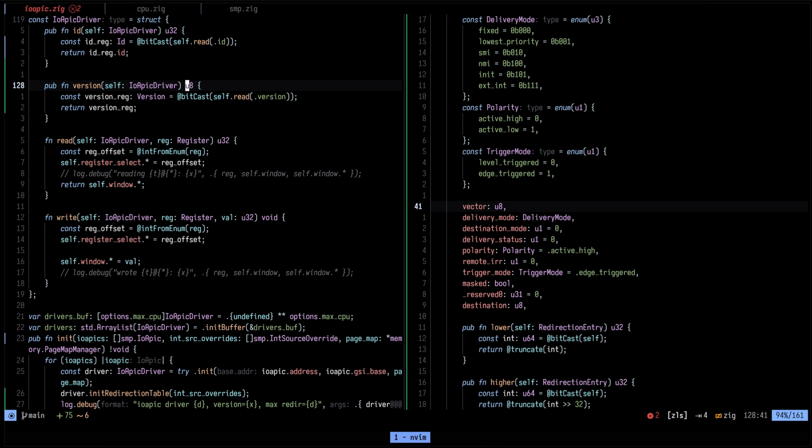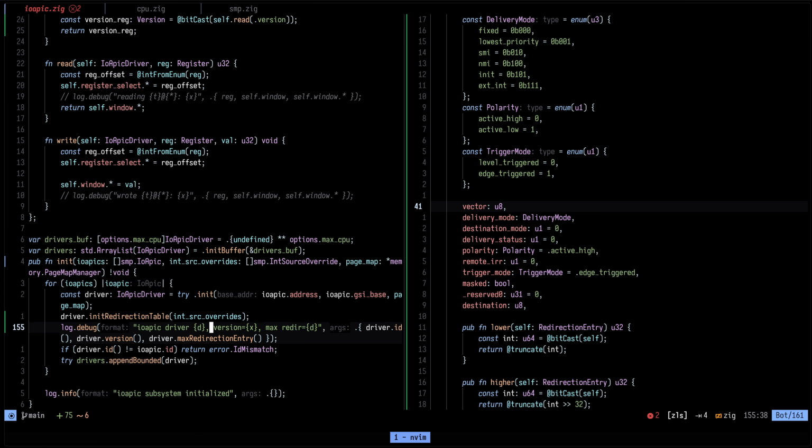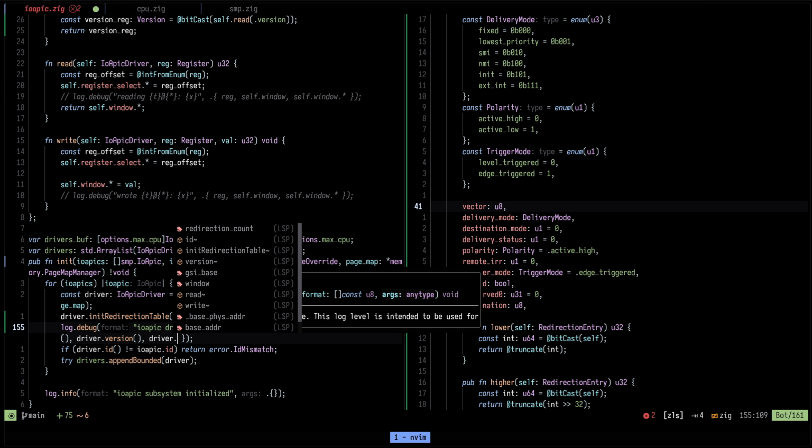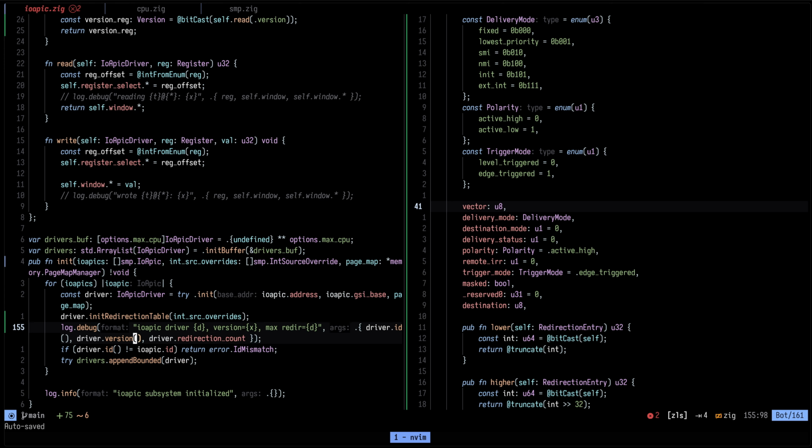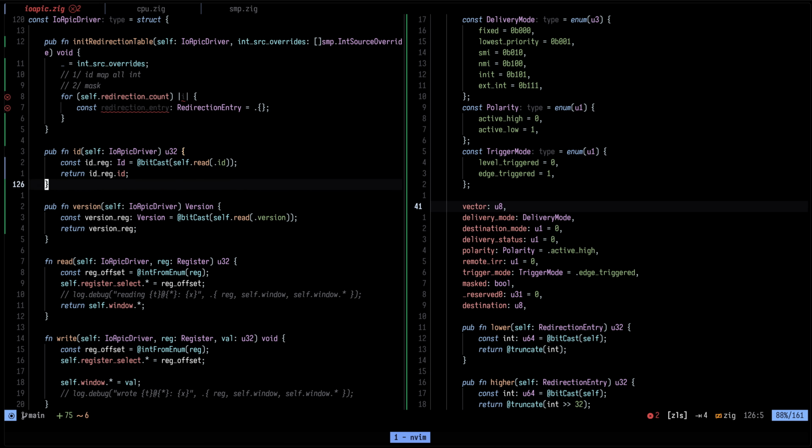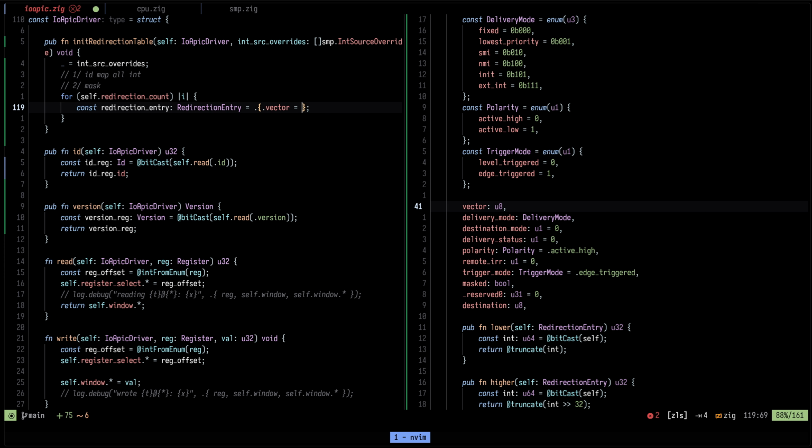Maybe we can do something like, oops, this, and here we can actually get rid of this by doing a redirection count here. This becomes any. Yeah, that should be okay. Right, so vector would be